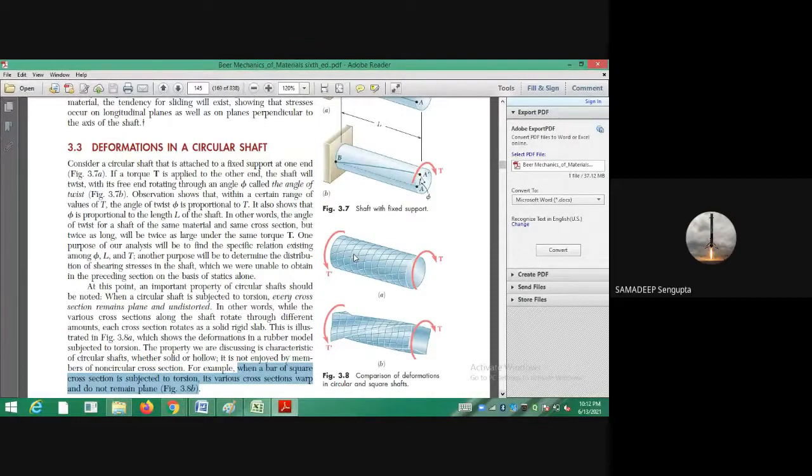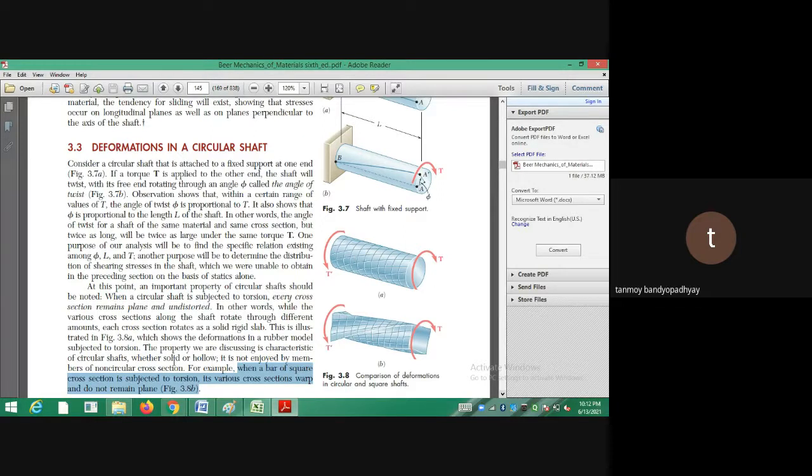Yes, sir. So I was asking about non-uniform twisting. That is a different thing, non-uniform twisting. We are not taking non-uniform twisting into account. No, sir, I was asking about the difference between the deformation in a circular shaft and a square shaft, because with what I can see, the square shaft is deforming even on application of equal torques, but the circular shaft is not deforming. The cross section remains a circle. So that is how it has been discussed in this case.